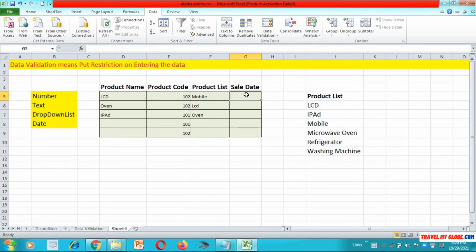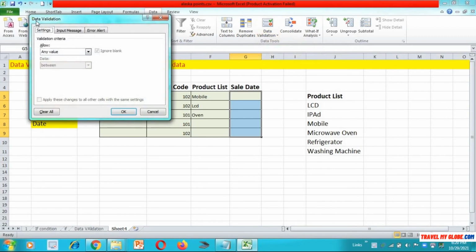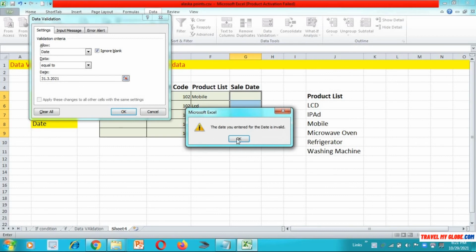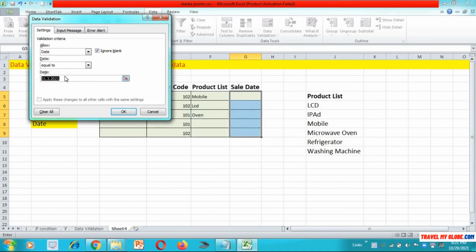Now see how we can impose date validation on this column. Go to data validation, go to date, and I want this date equal to only this date.